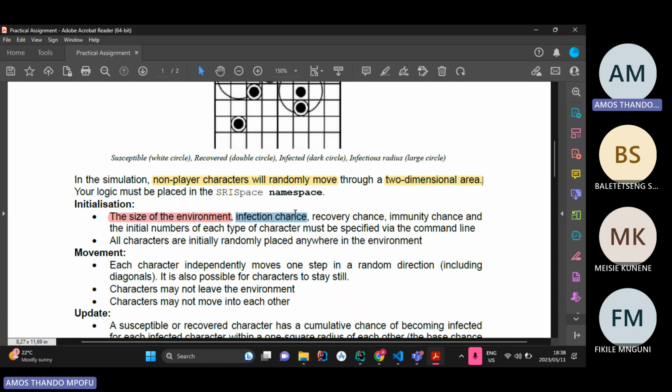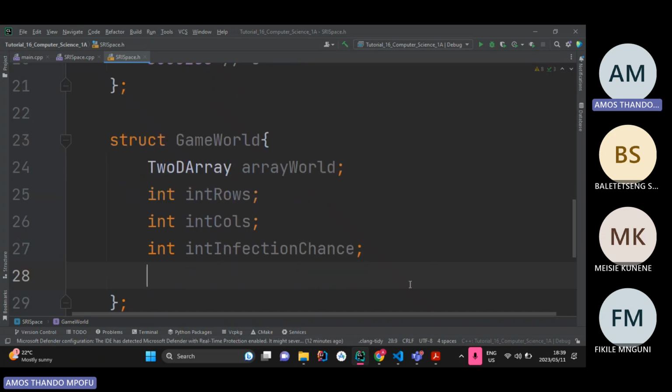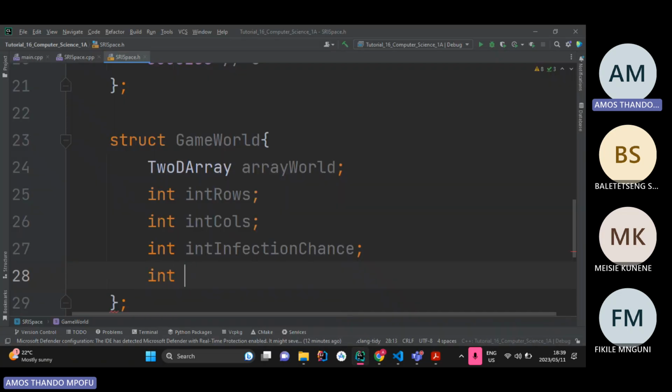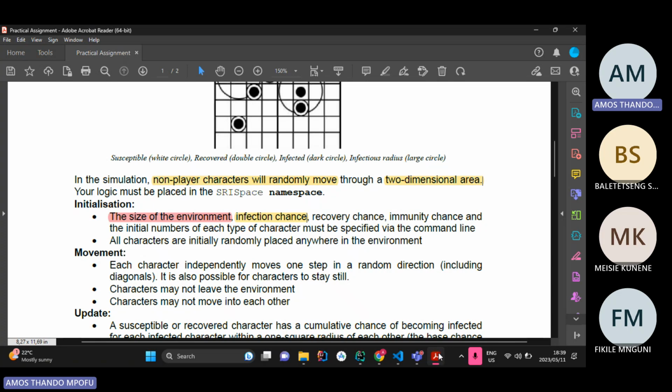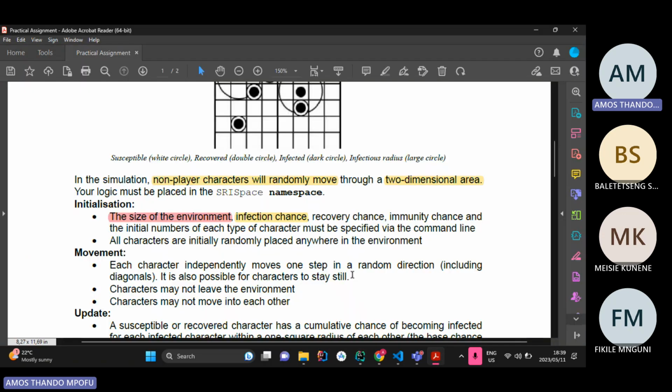And then I'm going to have an infection chance, and a chance is basically a percentage. We're just going to use an integer for the chance. So I'm going to call it int infection chance. And then I'm going to have int recovery chance, and then int immunity chance. There's a lot of chances here. And then I'm going to have the initial